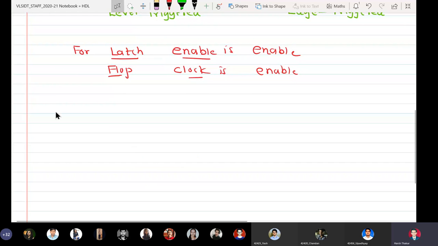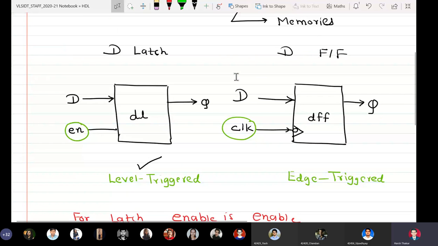Yesterday in an interview of a PhD candidate, I asked what is the difference between latch and a flip-flop. The candidate got confused, so I gave a hint. I reframed my question: if I give the same data sequence to D latch and D flip-flop, will the outputs be same or different? The candidate said they will be same. I said no, it is wrong. Then the candidate said it will be different. Then I asked, can you tell me why it is different?